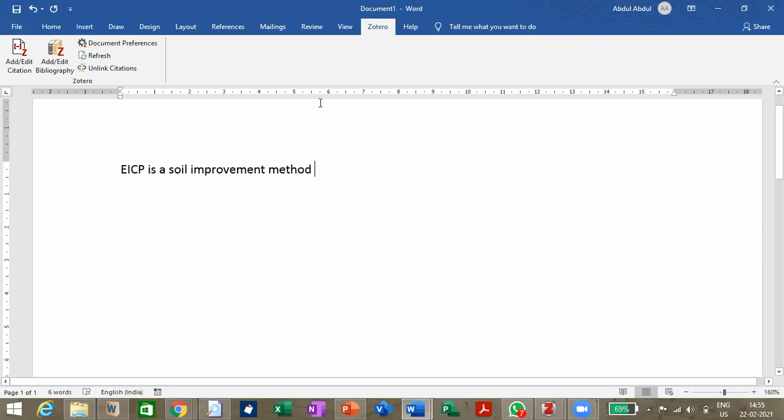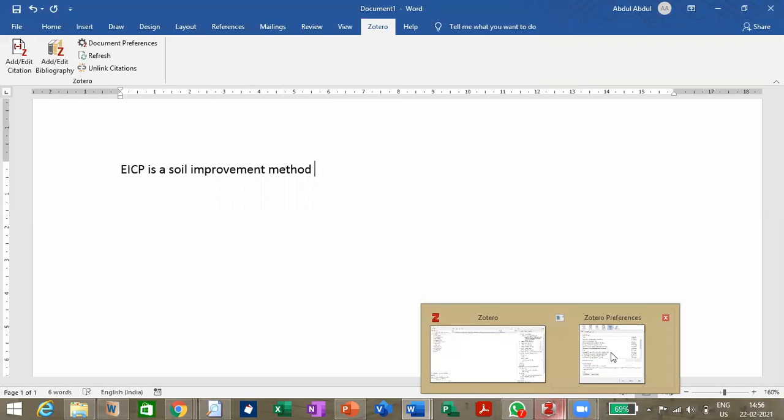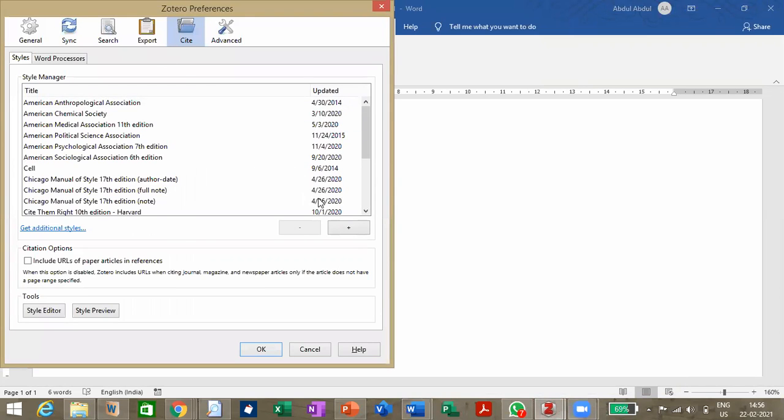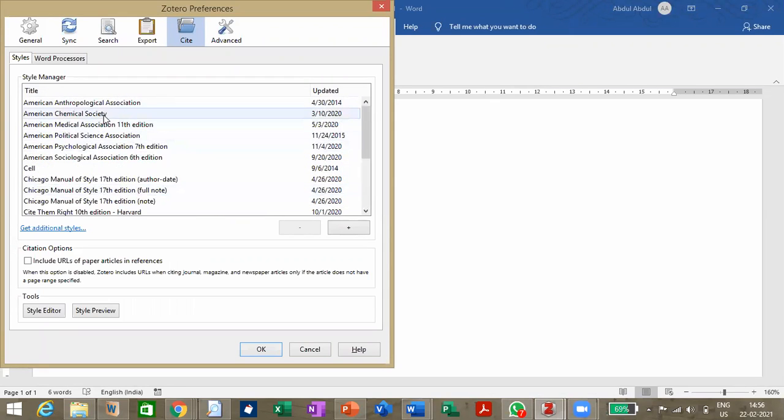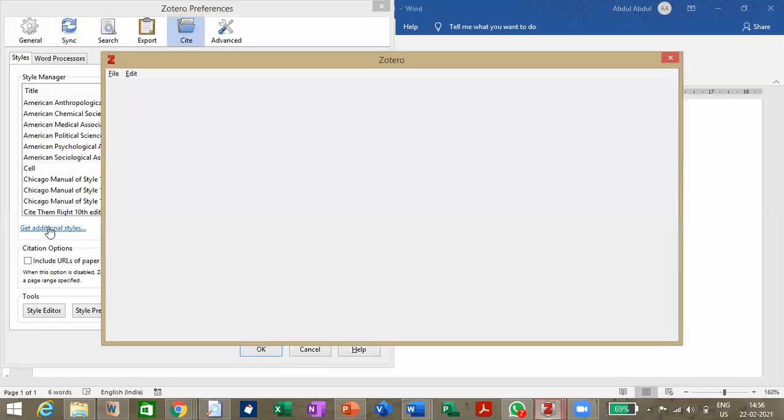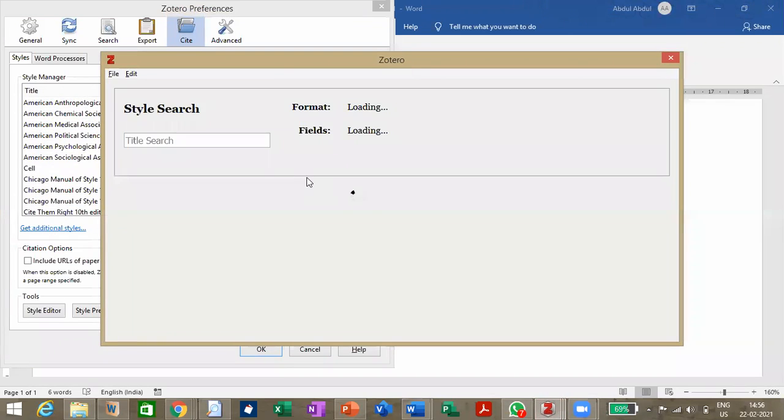So a new window will come. Now I have the styles available. If the style which you want is not available, you have the get additional styles option. You select this, and it will give you a search option, or a list comes in front of you.